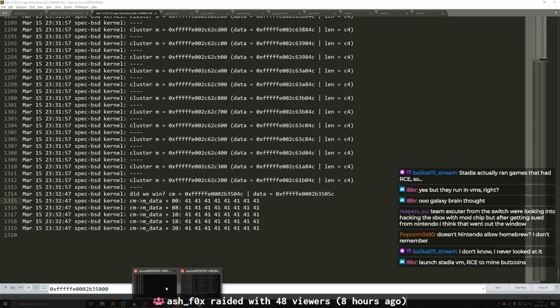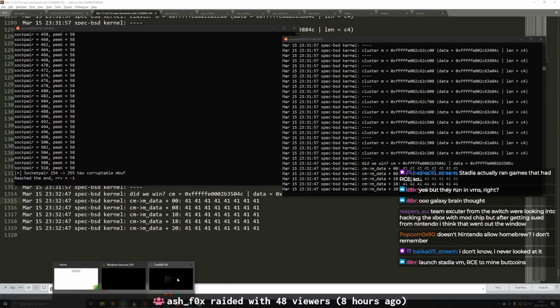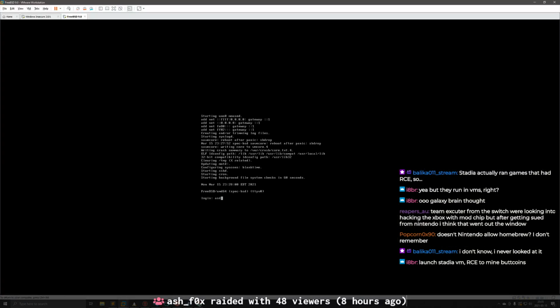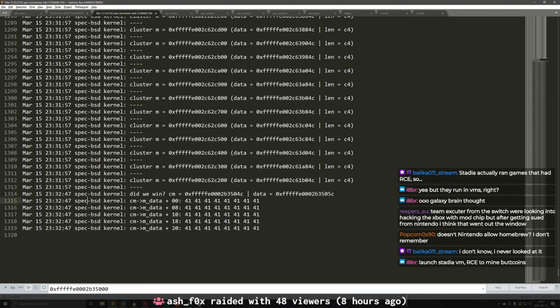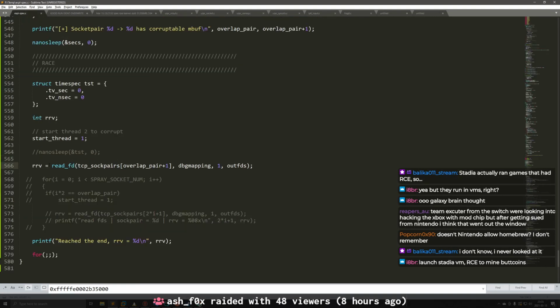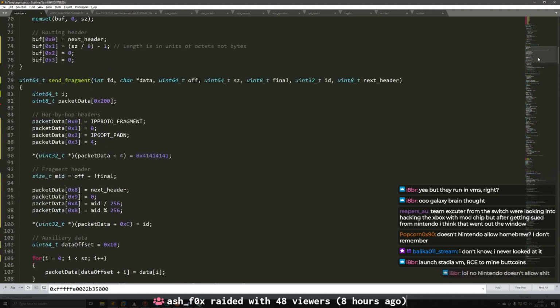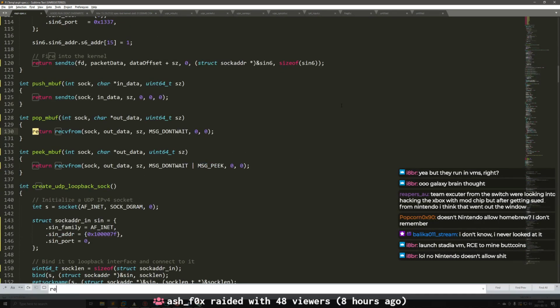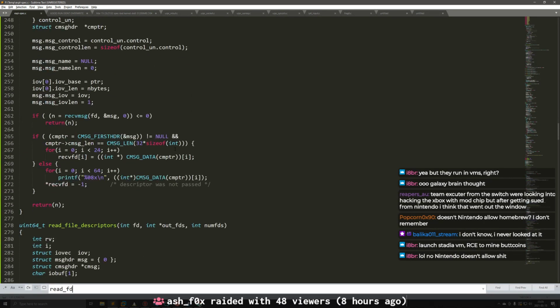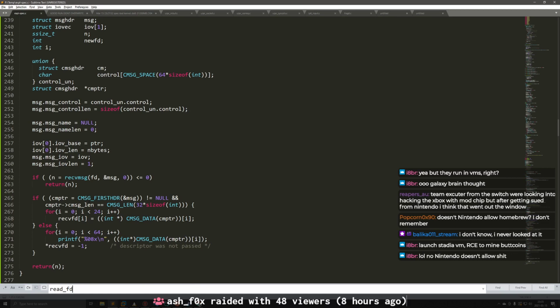The reason we crashed, because I'm pretty sure we should have crashed, right? We should be in a fresh boot, yeah. So the reason we crashed is because when we go to read the FDs, let me go to read FD. It'll receive the message and it'll intend to parse the message, right?